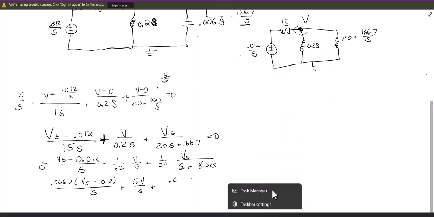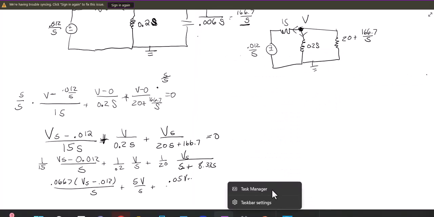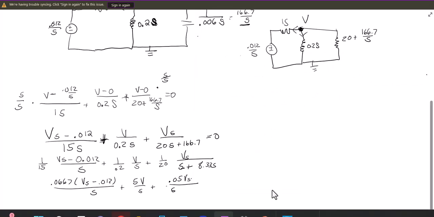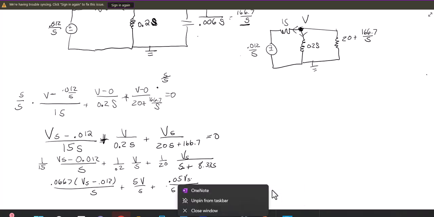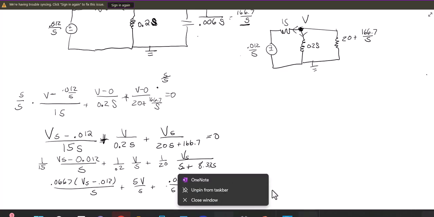So 0.05 vs over s plus 8.335. Okay, so our common denominator